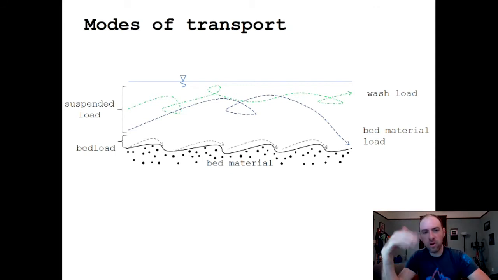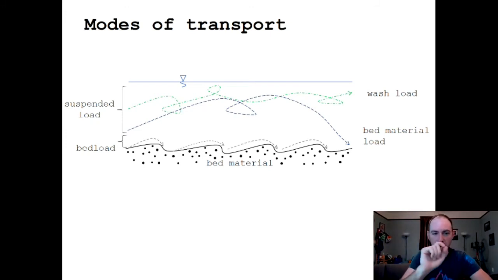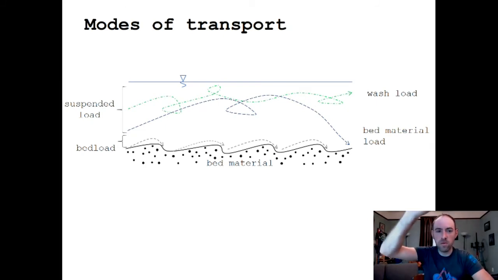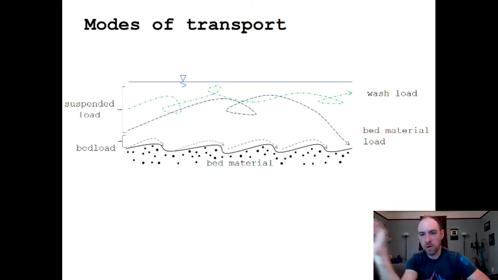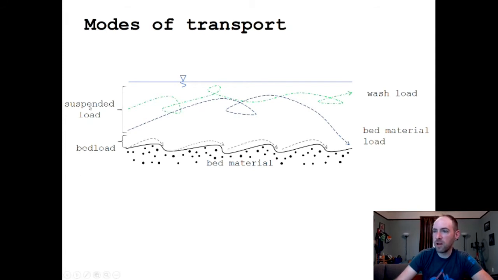When you exceed the critical shear stress high enough, you can start to eject those particles from what we call the bedload layer further up into the flow, so higher up into the river. Then they can be transported a much longer distance, hundreds to thousands or more times their grain diameter. We refer to that type of transport as suspended load. So there's bed load that moves near the bed and suspended load that moves up higher in the flow in